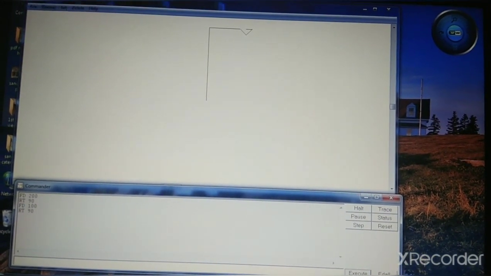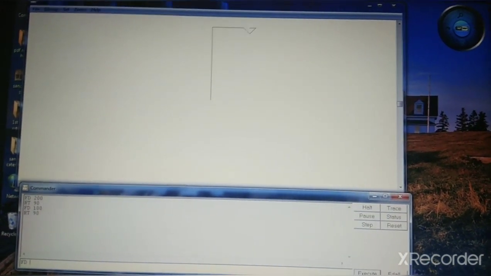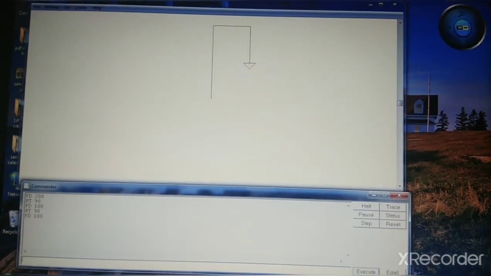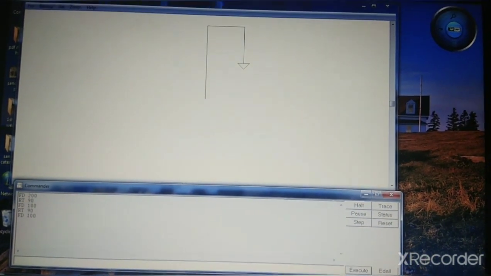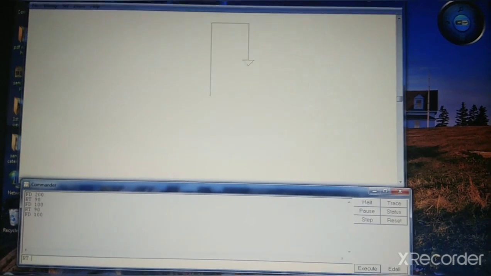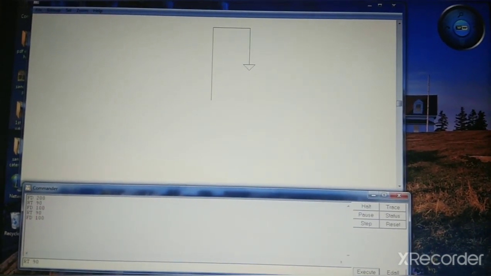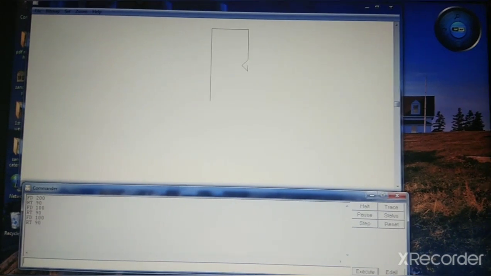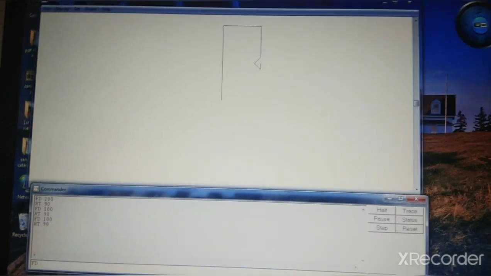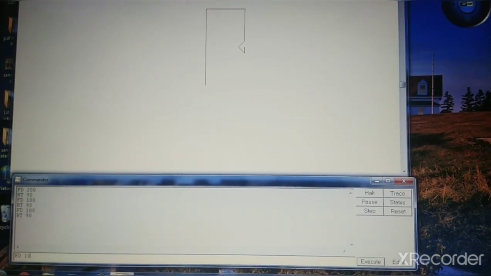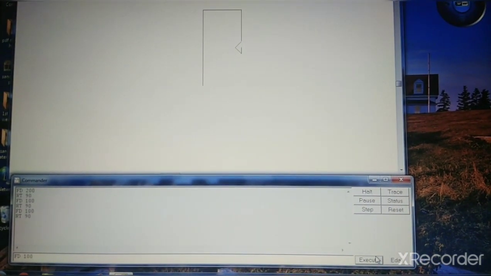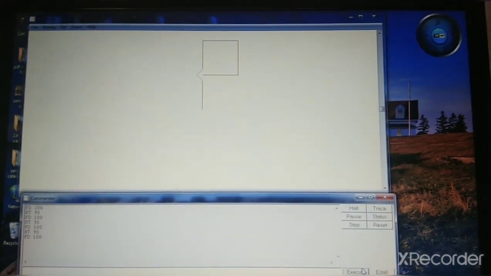Now again give the command FD space 100 and press enter. You can see the turtle has moved forward 100 steps. Now again take a right turn, RT 90. Now again give FD space 100, and press enter key, or you can click on the execute button, and see this figure.